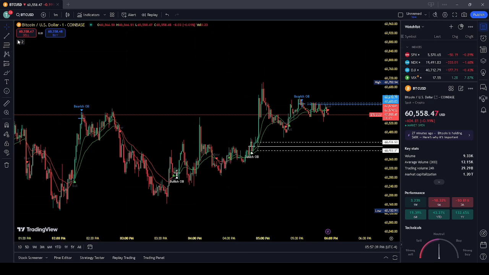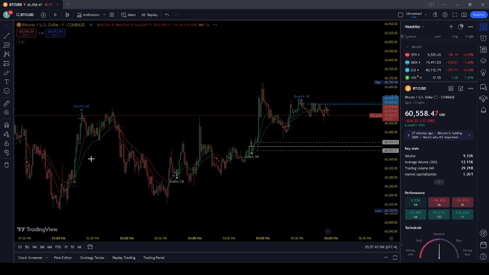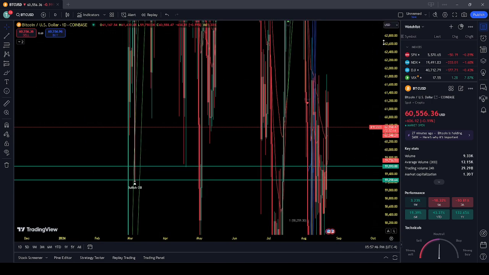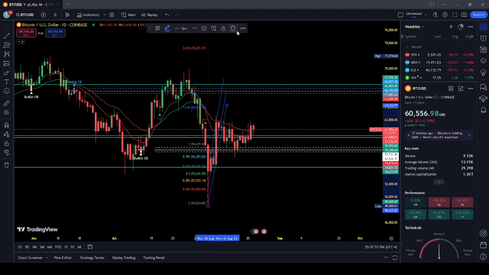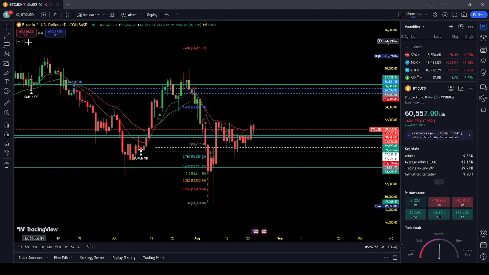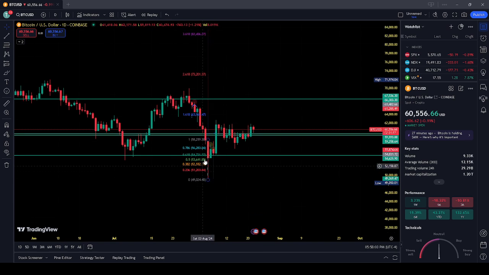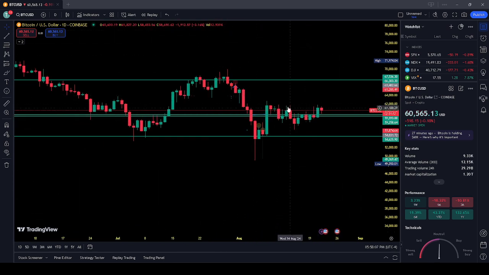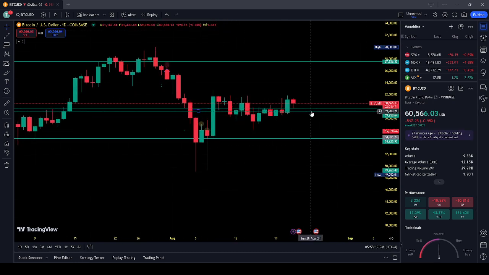So first things first, as I always said, how we should start: we should always look at the daily. We should always look at the daily, and from the daily we will look at the shorter time frames, and we'll try to see where Bitcoin is heading. Sometimes I use these for scalping. These are good in making blocks quickly. So what we can do is here we can see what is happening with Bitcoin.